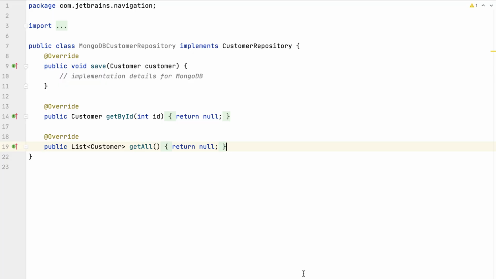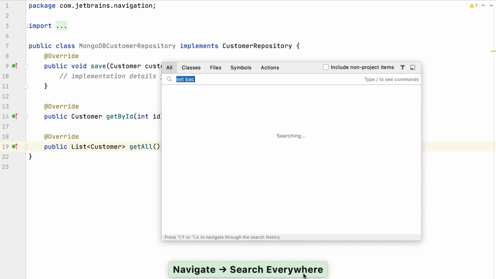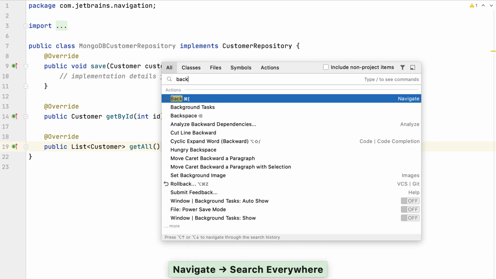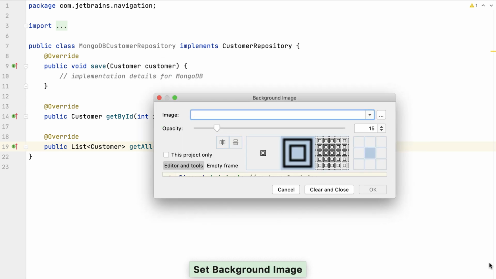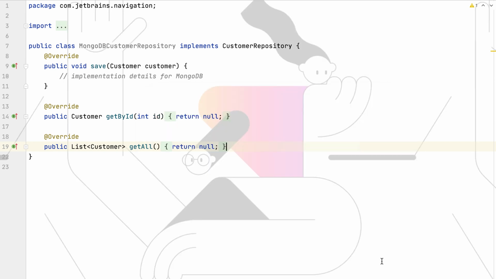Talking of appearance, and since it's the JetBrains Education Day, I thought I'd show you a fun thing that you can do to make IntelliJ IDEA your own. Let's use Shift-Shift to search for a background image. I have one here that I'm going to use, and I can select how I want it to appear as well. When I click OK, I can see that my JetBrains Education Day image is now set as my background